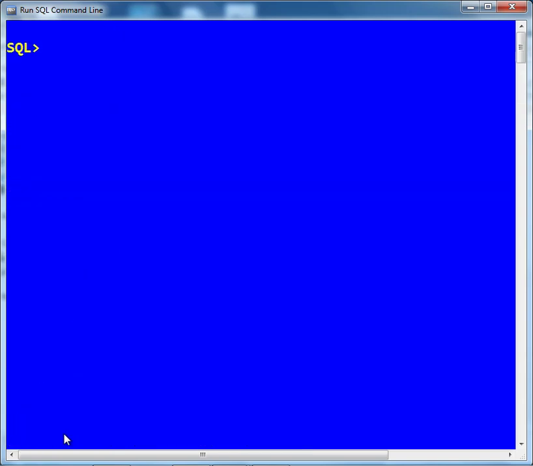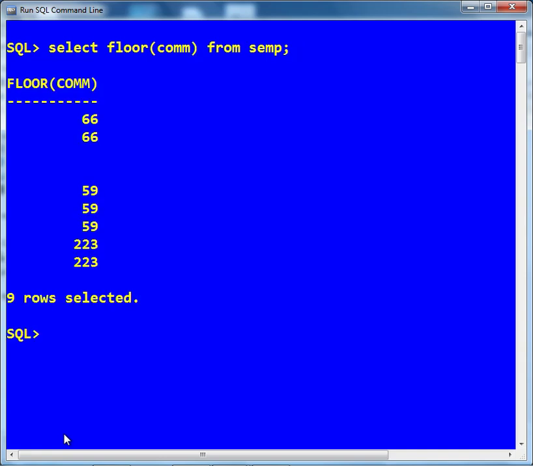Let's clear the screen and select floor commission from SEMP.